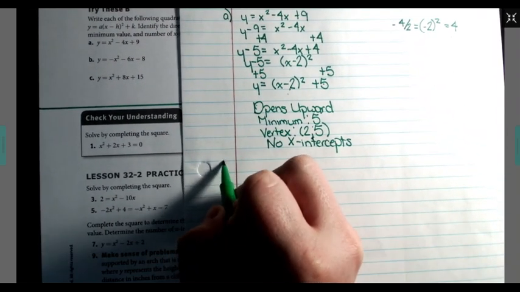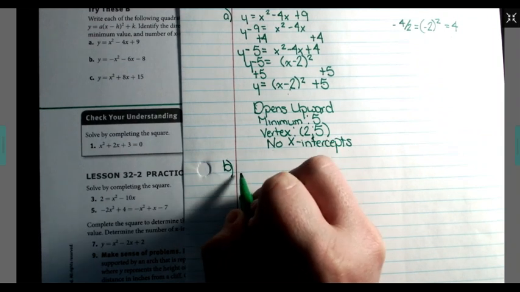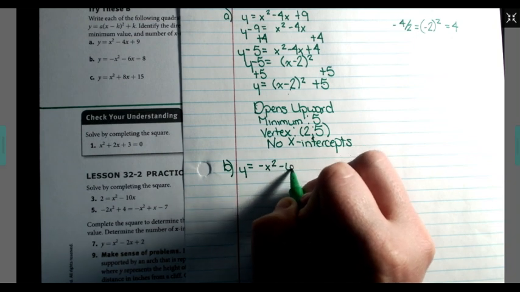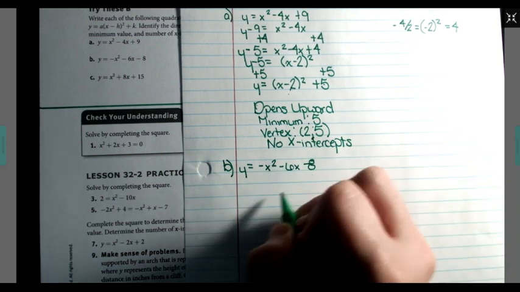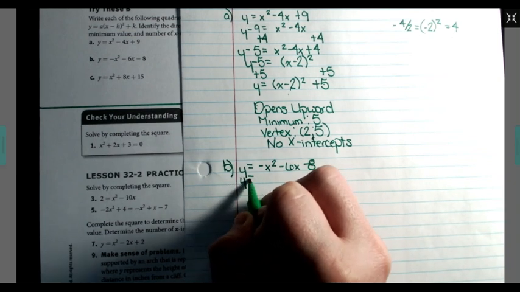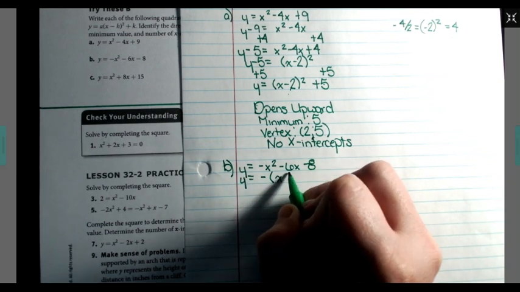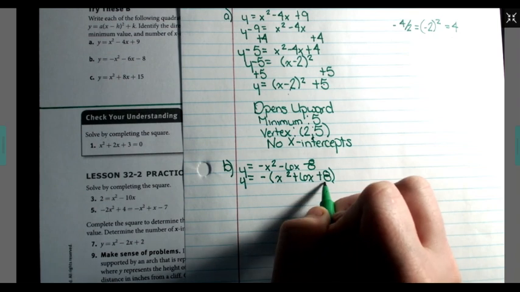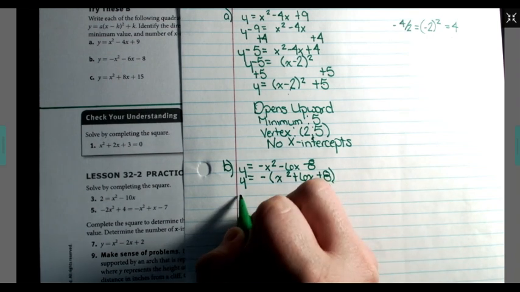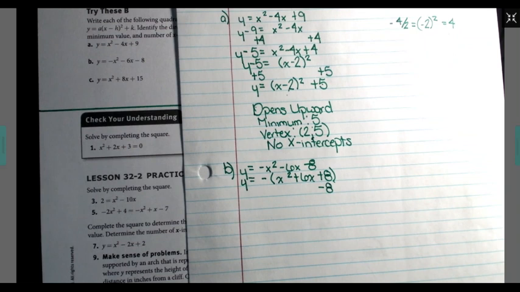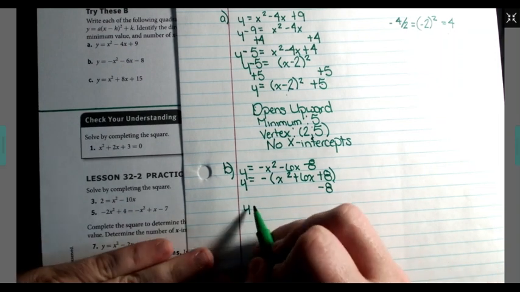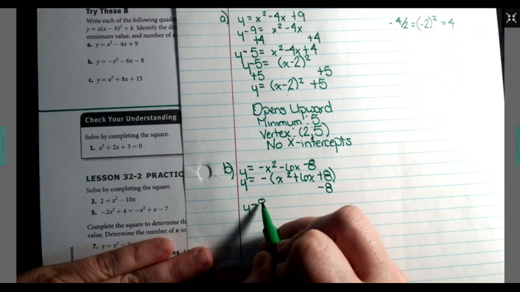Let's take a look at B. We have y equals negative x squared minus 6x minus 8. First thing I'm going to do is factor out that negative. Y equals negative (x squared plus 6x plus 8). We're going to subtract 8 from both sides of the equation. So this is going to be y minus 8